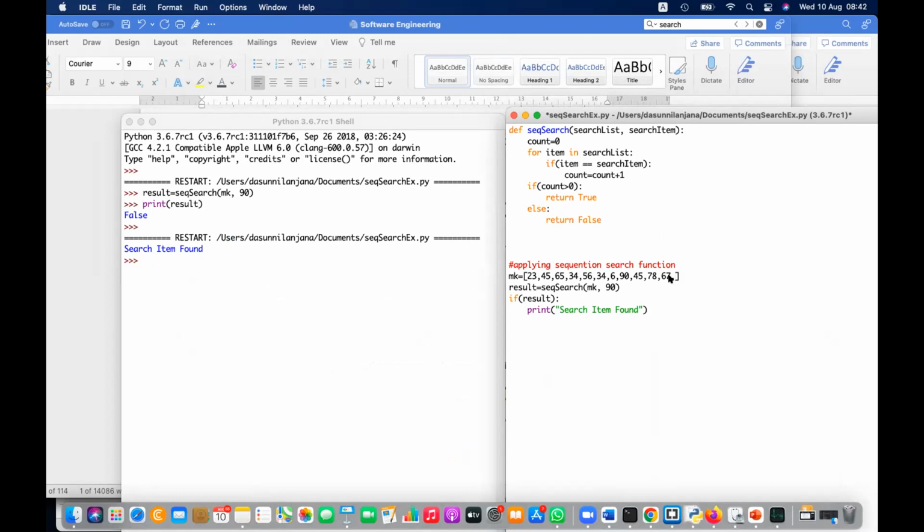The count also you can return. So let's say 90 is there multiple times. 90 is there 2 times. Now you can return not just the true, you can return the count. You can return both this true and count. So then if result, here you have to check the result 0. Result 0 is the true or false status. Search item found, and then you can say how many times. That is result